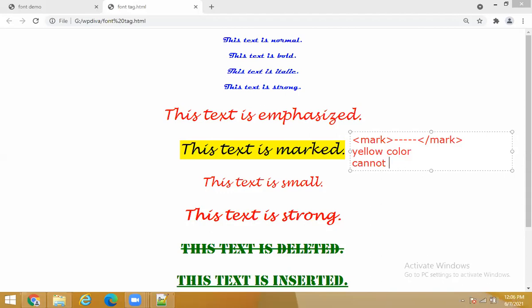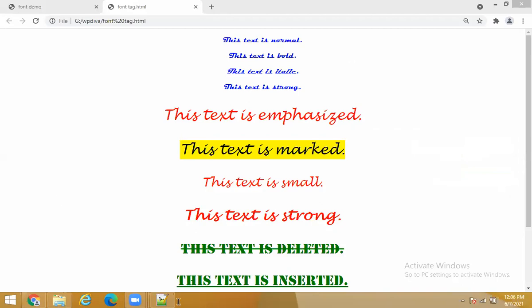We cannot change the color of the font. We can only change the size, and we can also change the font face or font style. So for mark it is not going to work. Clear to you? So in this way it is going to work.